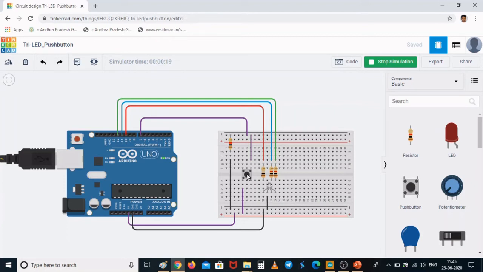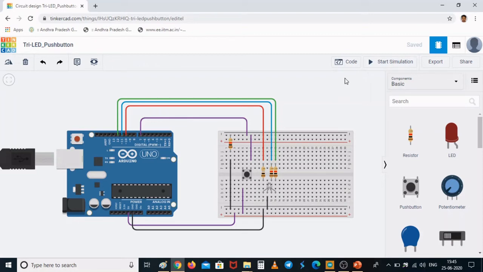Only then is the blinking of the LED going to take place. Again, when I press the push button, it starts blinking. Once the cycle is completed with all three LEDs, it stops blinking again. If you want continuous blinking, keep on pressing this push button. As long as your push button is high, your LED keeps on blinking with a cycle like red, green, blue, red, green, blue, and so on. Okay, so this is how we can control the blinking of this LED with the help of your push button.